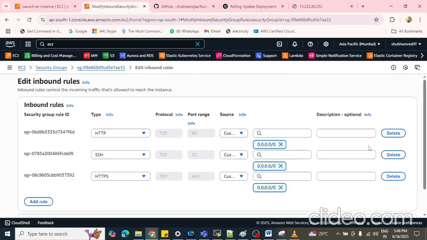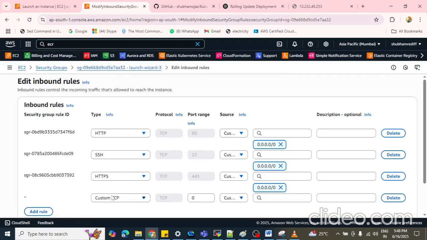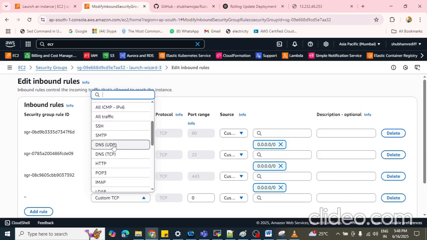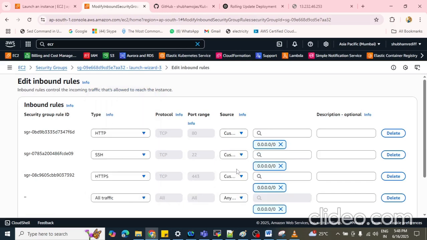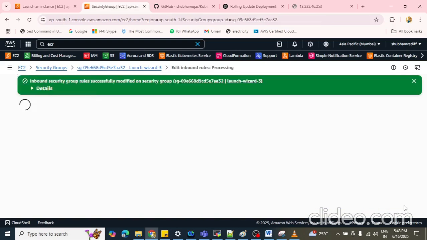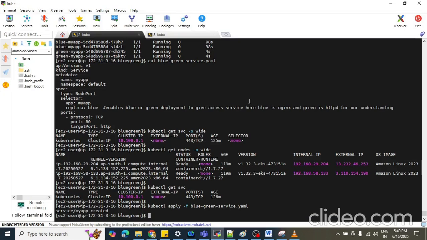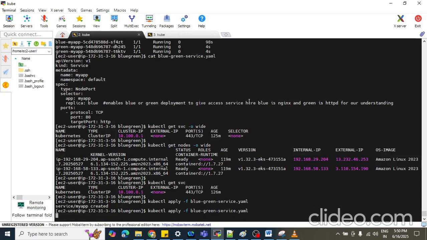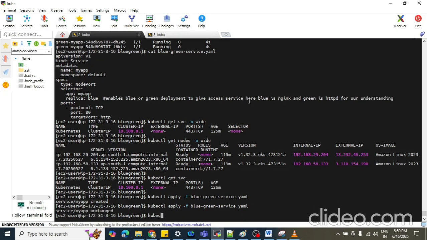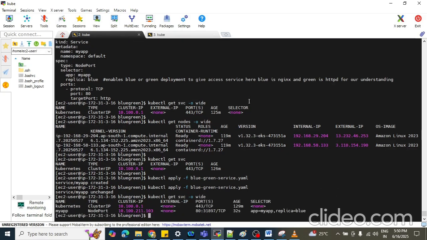Go to the inbound rule, all traffic, save rule. kubectl apply -f. Okay, so now kubectl get svc -o wide.